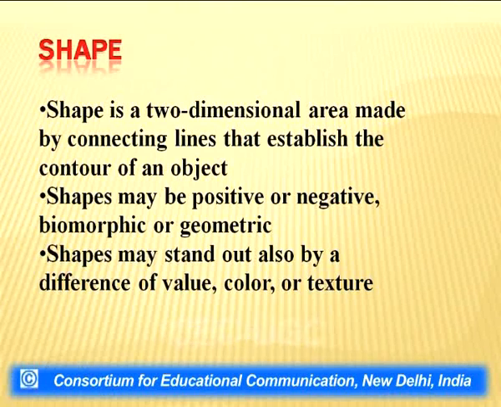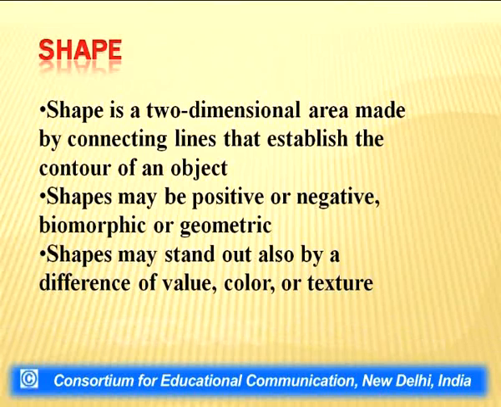Let us look at how to define a shape and how this shape is used in every design, that is, in the creation of design. Now shape is a two-dimensional area made by connecting lines that establish the contour of an object. So again, it's a two-dimensional area made by connecting lines, establishing the structure or contour of an object. Shapes may be positive, negative, biomorphic or geometric, and shapes may stand out also by a difference of